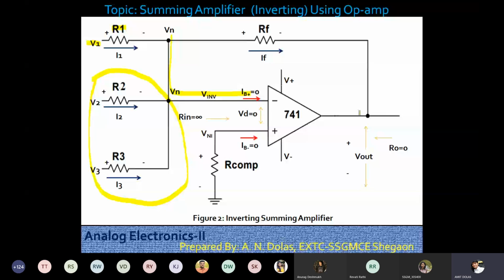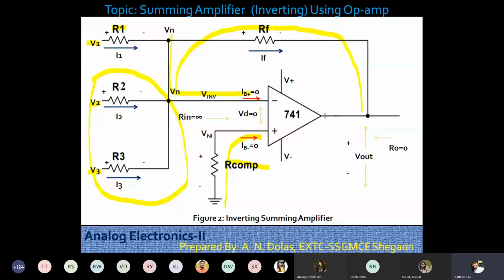So it is quite a similar circuit. The only thing we are doing is adding two more sources, referred to as V2 and V3, because I want a summing operation, the sum of the input sources, that is V1, V2, V3 and so on. There is no restriction on the number of sources. You may add any number of sources, V1, V2, V3, V4, V5. Likewise, you may remove sources, but there must be more than one. So you may have the addition of V1 plus V2 and omit V3.